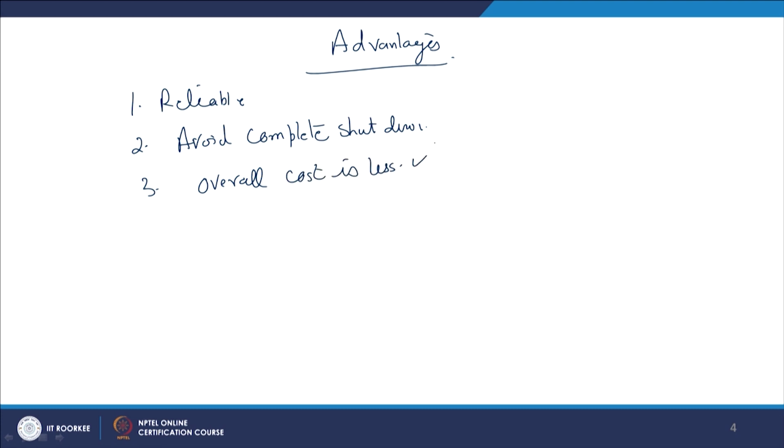In case of combinations, number 4, we can say less capital investment. And supervision and maintenance, this cost is also reduced. So, there are so many advantages of combined operations. Now, load division. How we will share the load? Load division between the power plants.